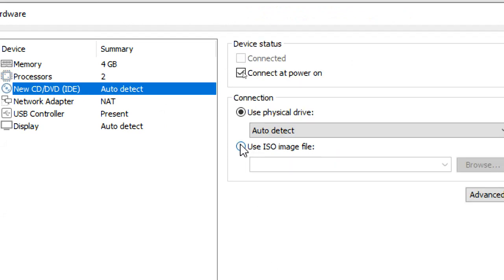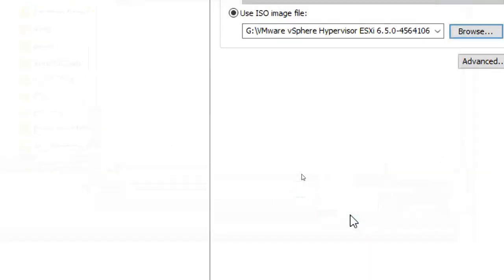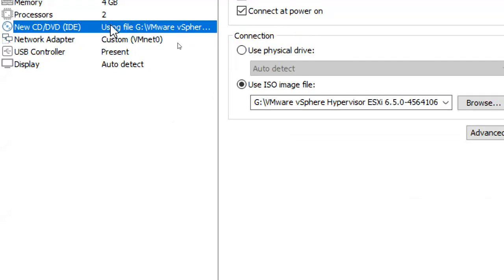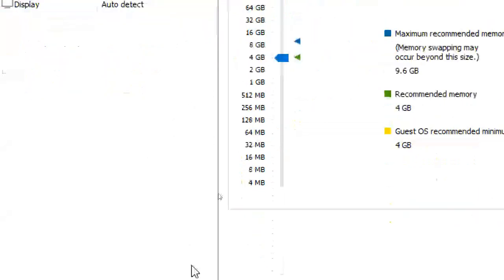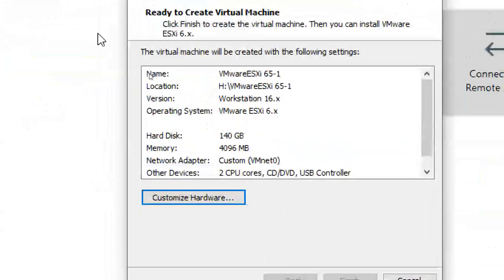Use the ISO image file. This is my image file. For the network adapter, vmnet 0, because I want to access it through the network. That's it. Close it, finish it.